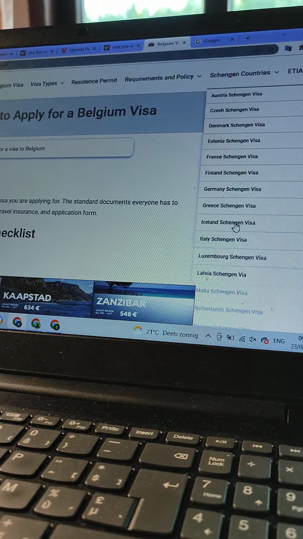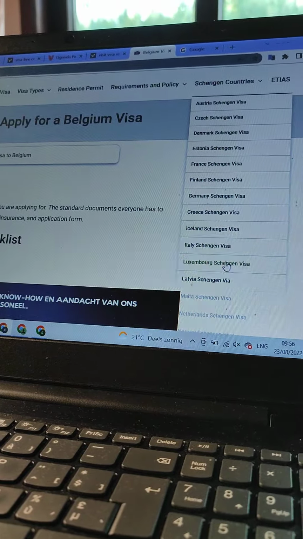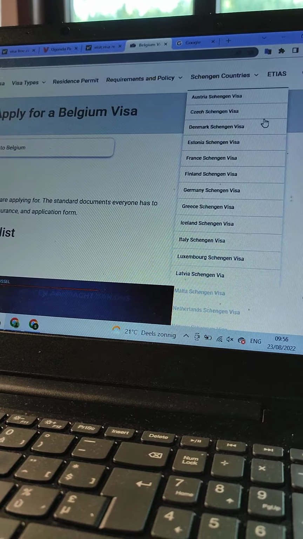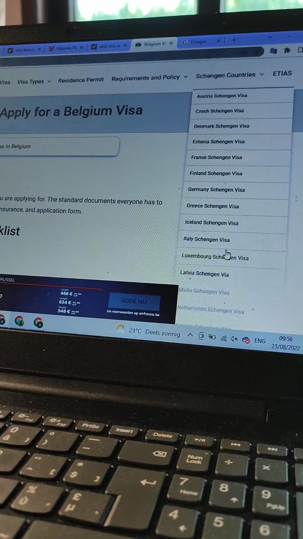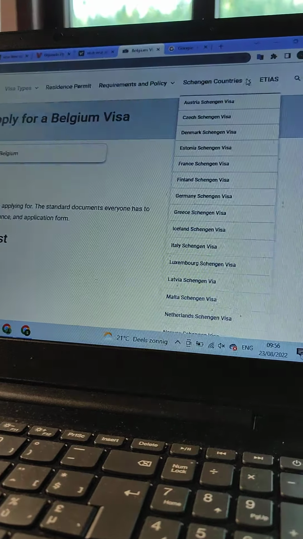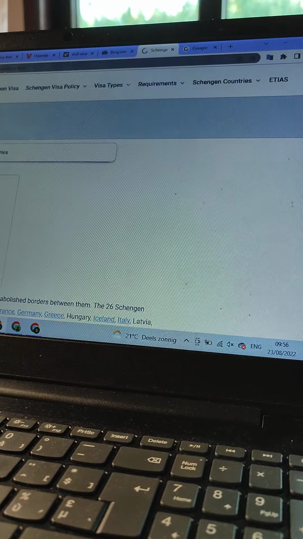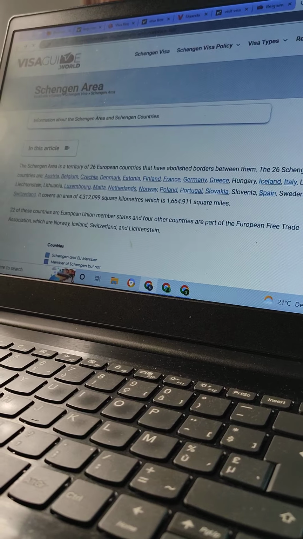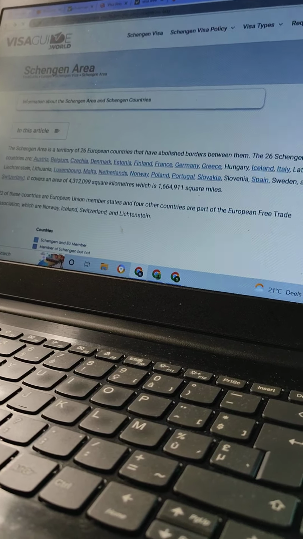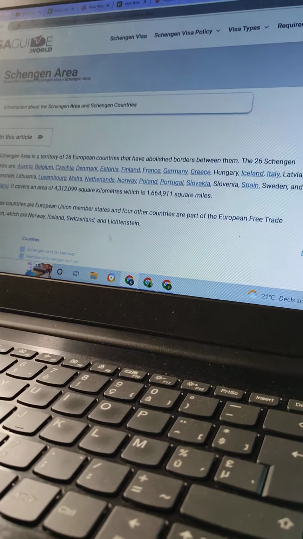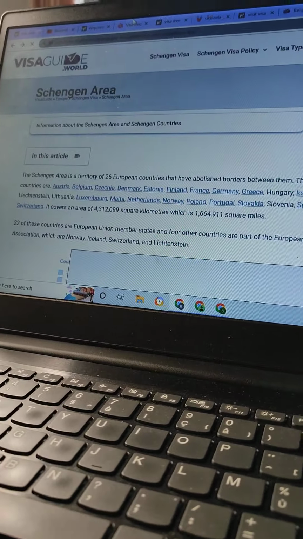Any country, if it is Ireland, if it is Luxembourg, if it is Latvia, you choose any country that you want to visit and you include that, and automatically you are going to see the requirements. But I want to assure you that most of the requirements are the same. So you need to have these requirements to make sure that you visit these countries.